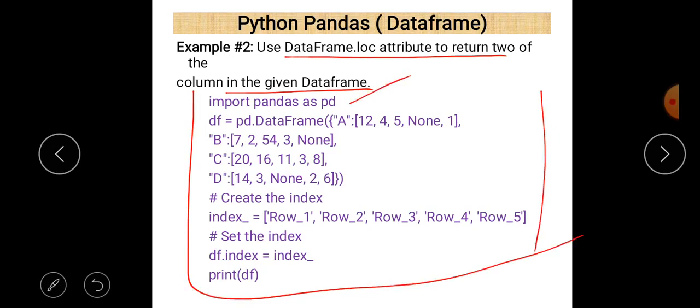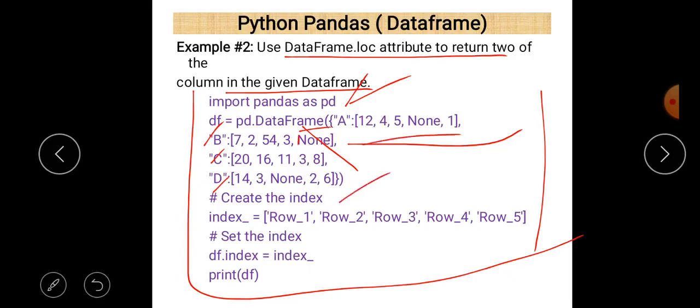The name of the data frame is df. pd is the alternative name of the pandas library, and DataFrame is the method name. Here the data frame is created using a dictionary, in which A, B, C, D are the names of the columns, and the values are given in the form of lists corresponding to those columns.